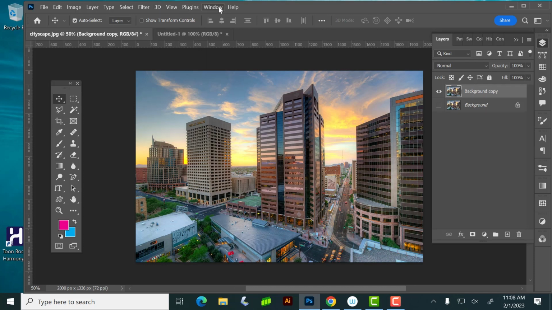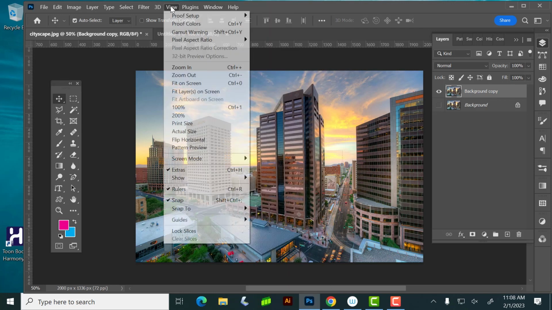Okay, so Windows, all our tool palettes. Plugins, don't worry about that yet. View just has to do with all the things of viewing your document. Here's your print size, flip horizontal, so just all the stuff, your guides, your